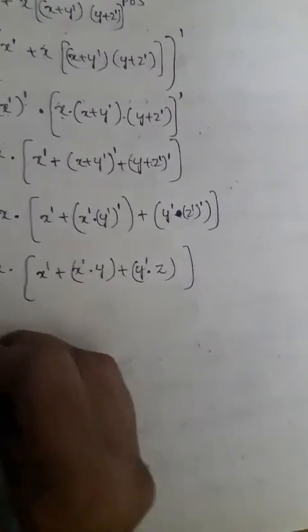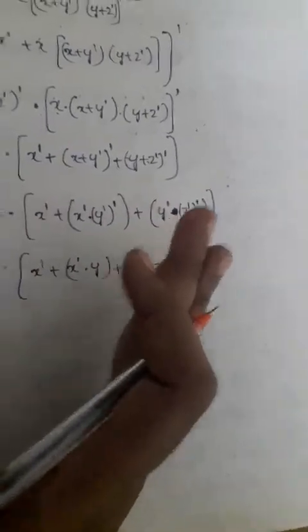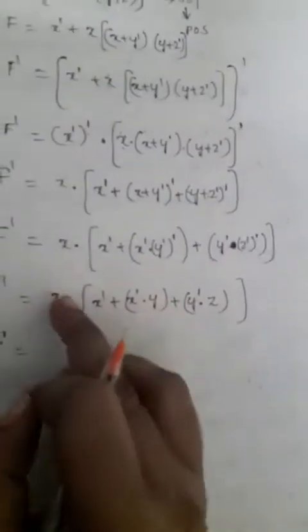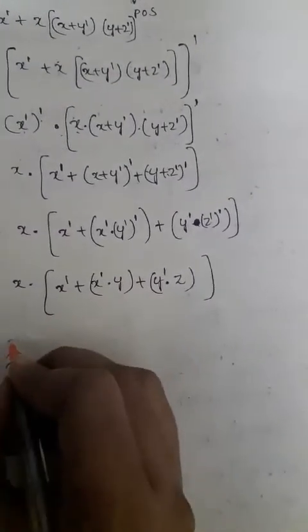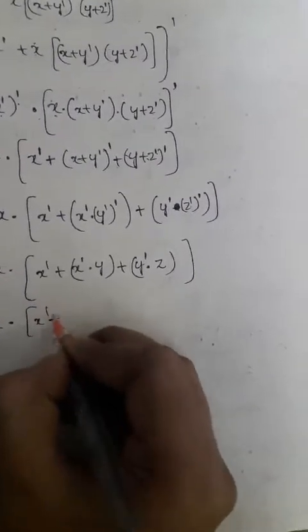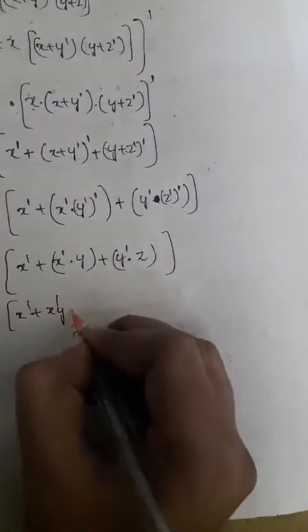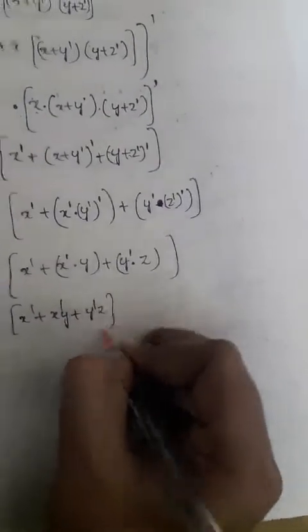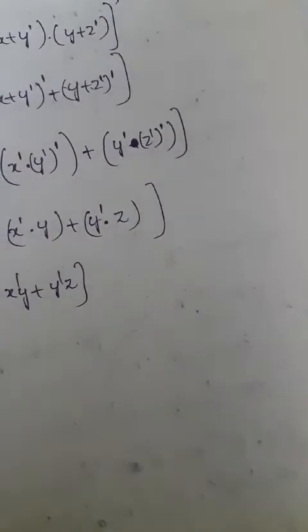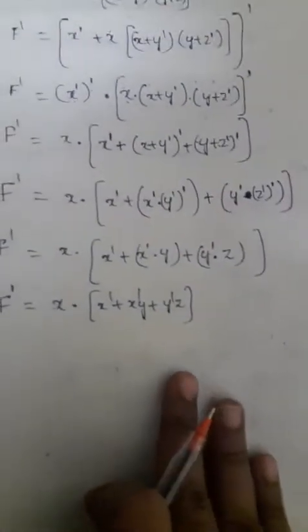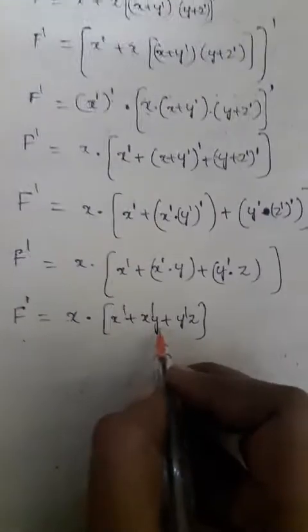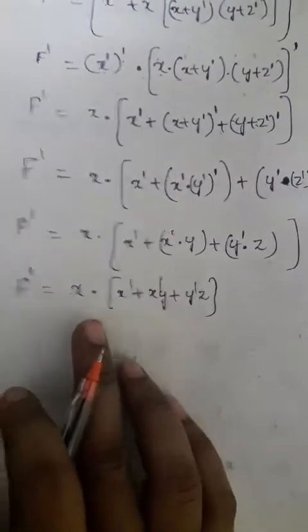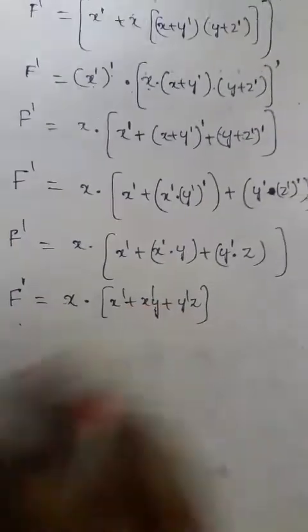So finally we'll get the expression. We need to write the expression in the form of product of sum. So this is the product of sum. So that is nothing but like this. We can write it as x into x complement plus xy, x complement y plus y complement z. So this is the final expression for this. Okay, if you want to solve this expression, that is nothing but product of sum. So how to write it means, you have to simplify this procedure, that is nothing but x into x complement, like this we have to explain.